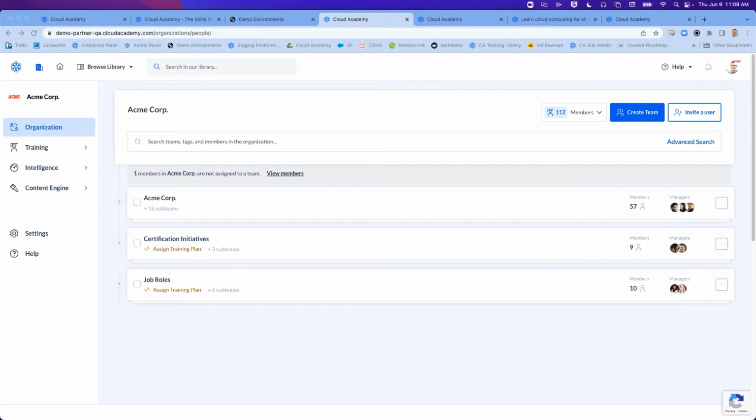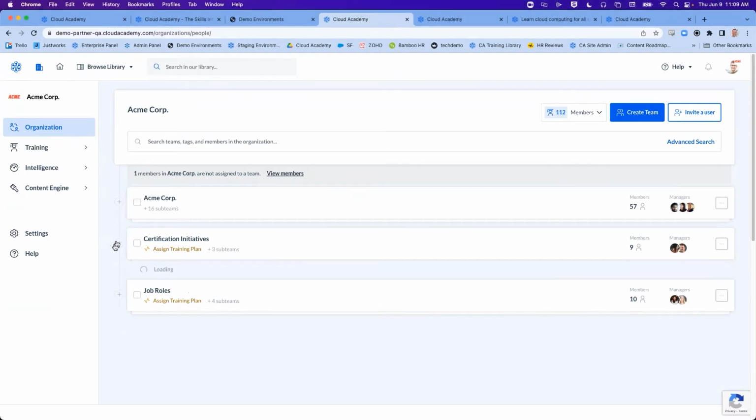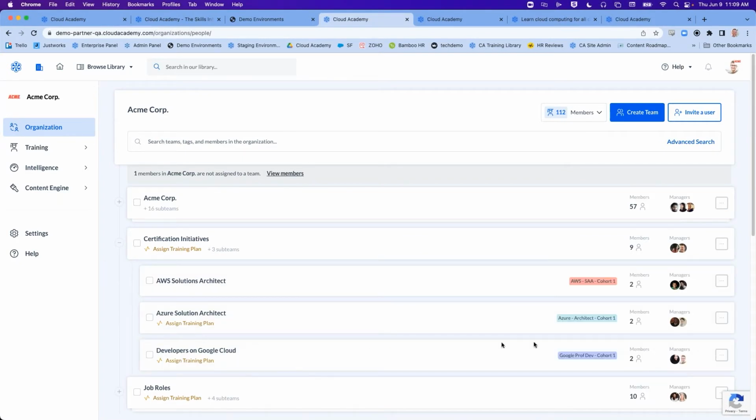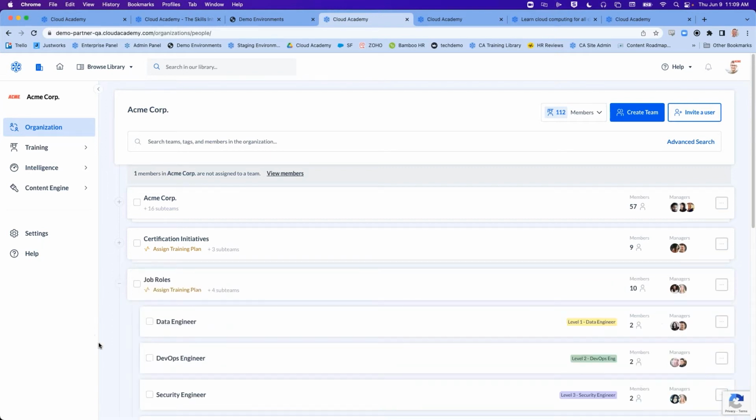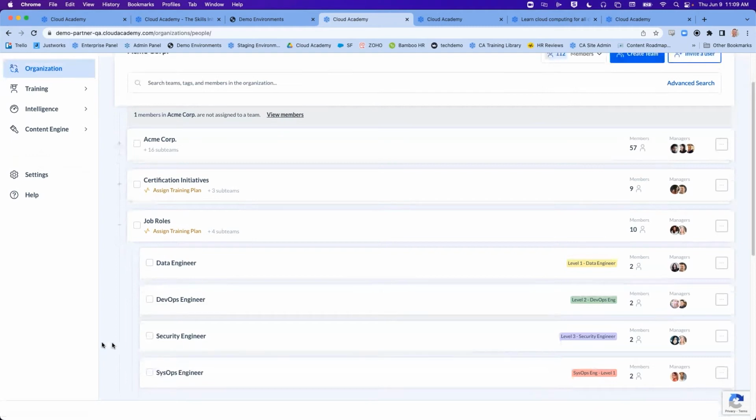So, as discussed, how do we get the end user ultimately to that stage where they can really understand their tech skills? Well, as I mentioned, the very first thing is going to be to organize your users based on your needs. So very commonly, you'll see users organized based on your certification needs, at which point users can actually be organized into a particular cohort. Perhaps you're looking at career growth, so you can organize users by their job roles to help them move into that next level and next stage of their career.